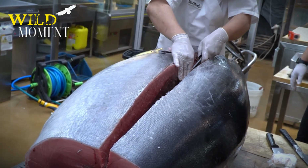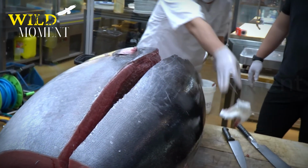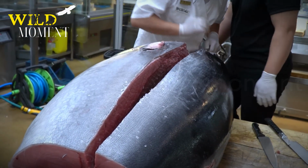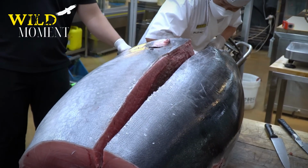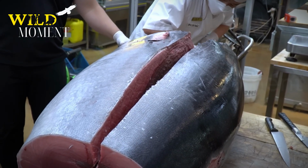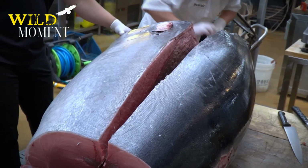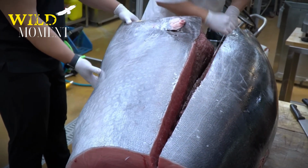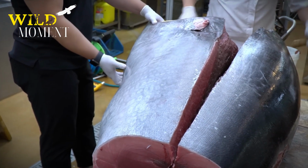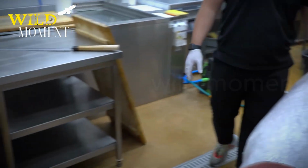The tuna loin, typically kept intact for sashimi or sushi, is the most flavorful and has a very special texture. The belly part, with its smooth, fatty meat, is perfect for grilling, steaming, or simmering, preserving its natural tenderness and richness. After the meat is separated, it will be immediately refrigerated to preserve its freshness and amazing flavor. This is what makes the difference between an ordinary meal and an